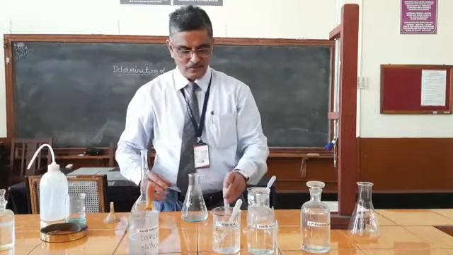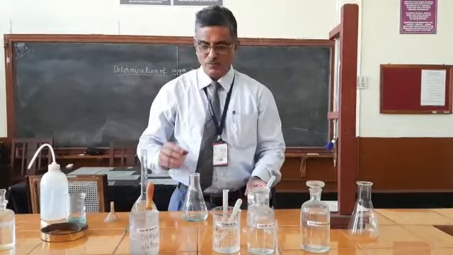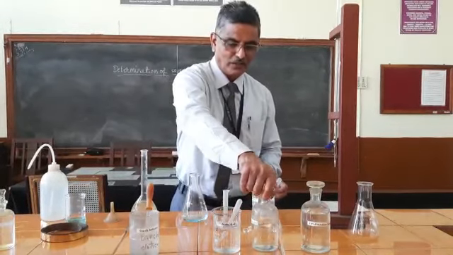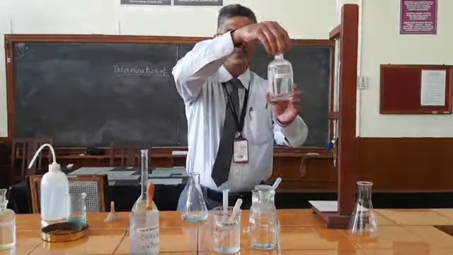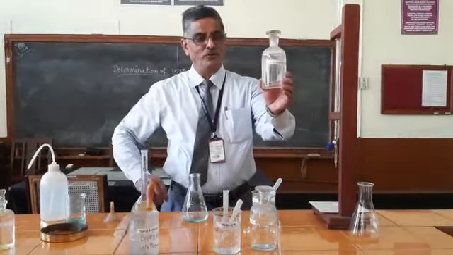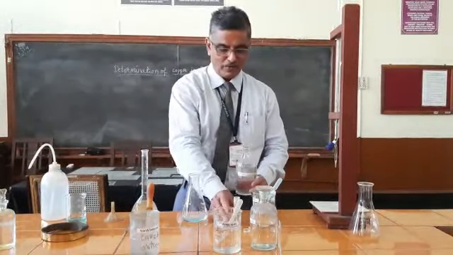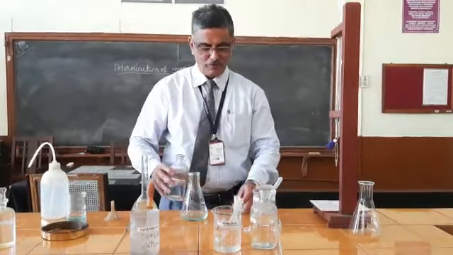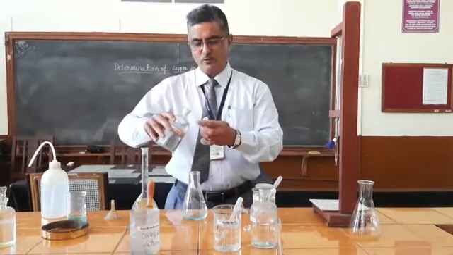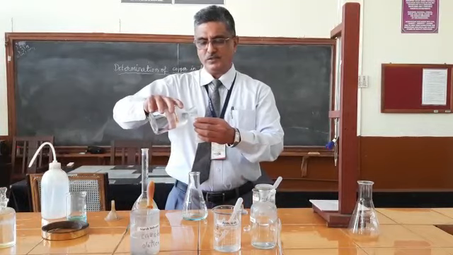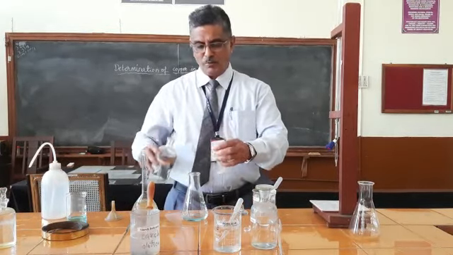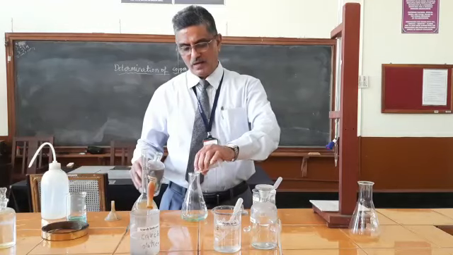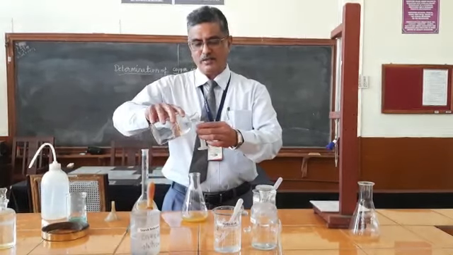So once you get a clear solution, to this conical flask where the solution is acidified again with the acetic acid and the pH is maintained around 6, you have to add potassium iodide. Now you have to add 10 to 15 cc of 10% potassium iodide, and you have to transfer it carefully to the conical flask. I am going to add now 10 to 15 cc of 10% potassium iodide, and this is an iodometric titration, so you require addition of potassium iodide.